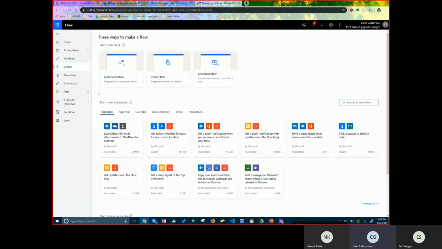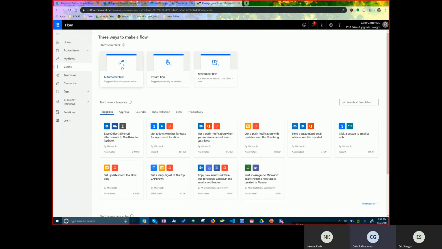Awesome, thank you. All right, so when you're creating a flow, there are different flow types. Like a scheduled flow, and I think when you're on the free tier, 15 minutes is the smallest increment that you could have it query a list or whatever your data source is. An instant flow is something that you can trigger manually. So if you want to push a button and have it go check the status of things or whatever you want to do. In this case, we're going to do an automated flow because we have a trigger,